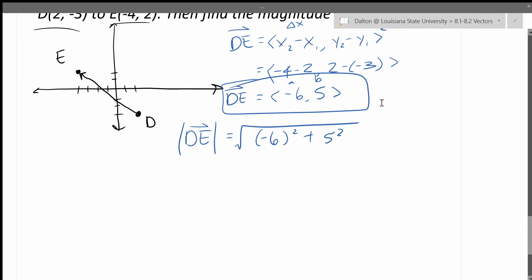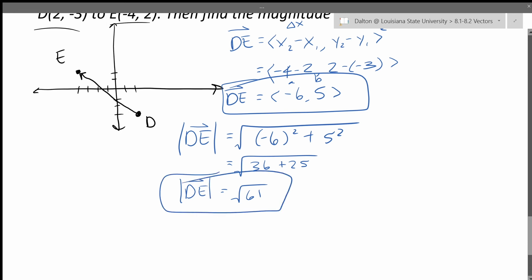Okay, well that's going to equal the square root of 6 squared, negative 6 squared is going to be positive 36. Be careful with that, by the way. 5 squared is 25, and that's going to be equal to the square root of 61. Now, 61 is a prime number, so I know there are no other factors in it, particularly no other square factors, but you have to make sure that your answers, whenever you find the magnitude,